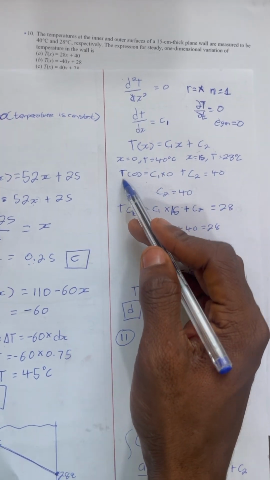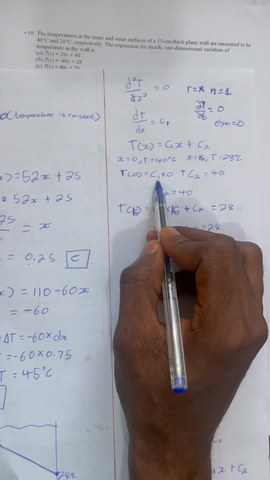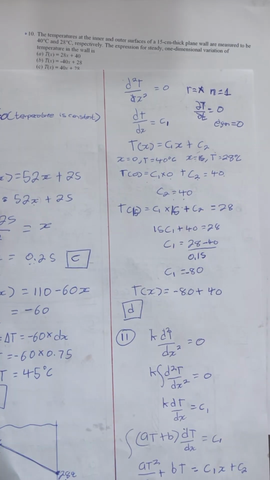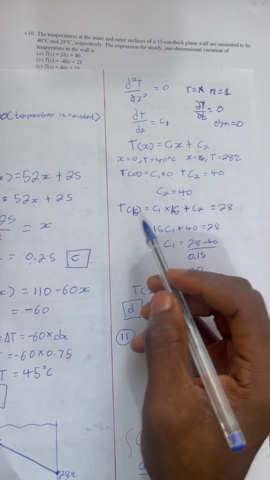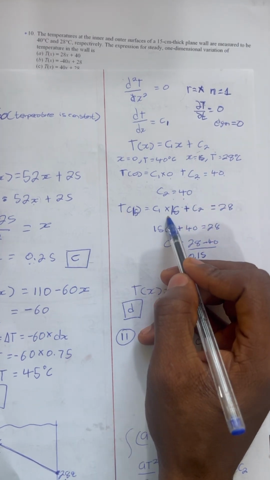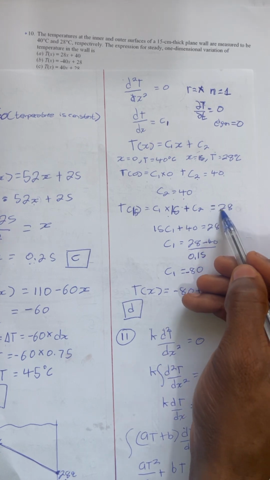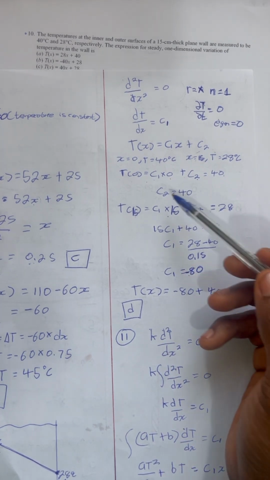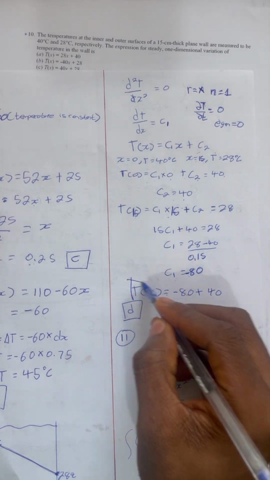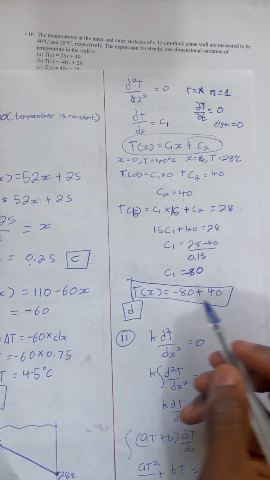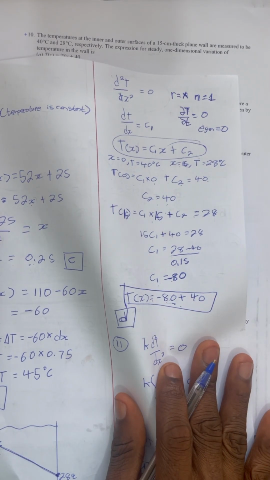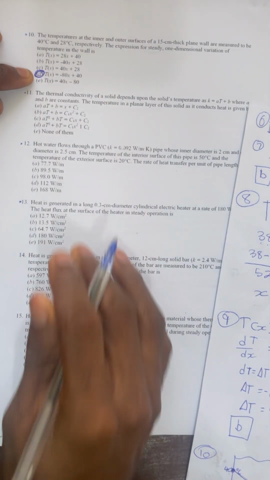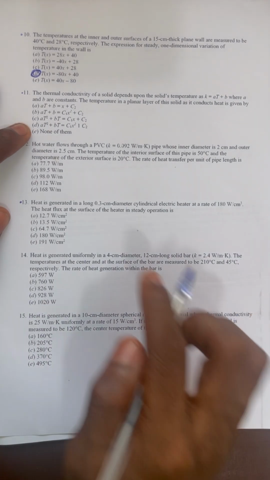So for the first one, at x equals 0, you put 0 over here, you multiply C1 by 0 plus C2 is equal to 40. So you get C2 is equal to 40. After getting C2 equal to 40, you use the second boundary condition. At x equal to 15, the temperature is equal to 28. So now you make C1 the subject, then you get negative 80. Then you put the constants C1 and C2 into the equation that we got. Then you get this answer, which is D. The answer for number 10 is D. Then you come to number 11. The thermal conductivity